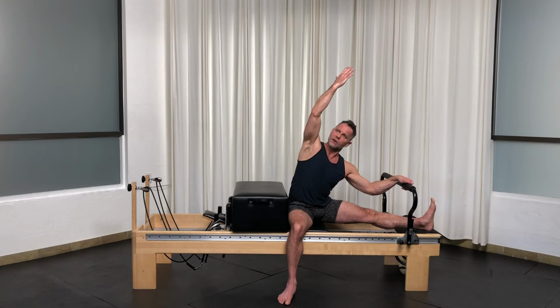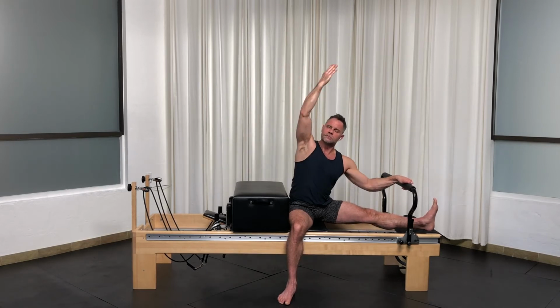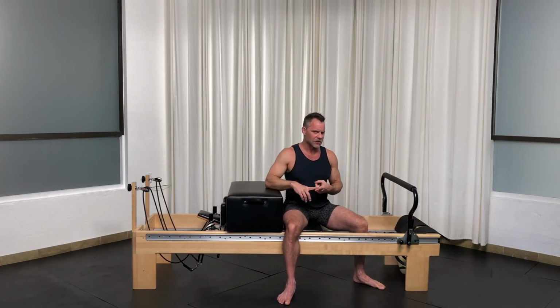So I'm going to find my organization, hand on the foot bar, arm up, in for 3, 2, and 1. Great. So when we teach inhalation on lateral flexion, and we'll talk about this more in other segments, but I